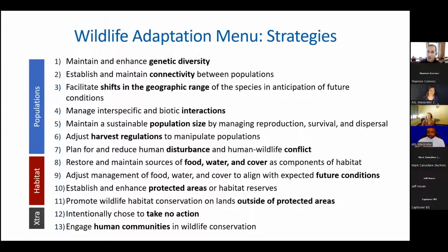In the process of completing our adaptation workbook, we ask people to articulate their management goals and objectives and to specify the time frame relative to those goals and objectives. So we give people the opportunity to state their near-term goals and objectives as well as any longer-term ideas that might be out there.